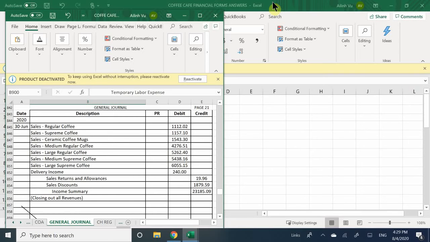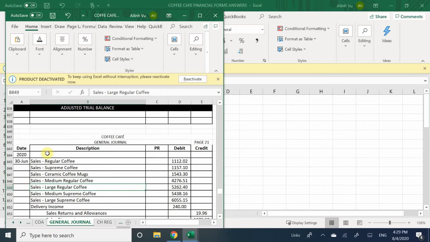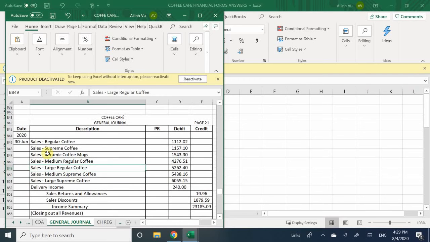So here, I already went ahead and got started with the first one. Understanding how to zero out, we're going to go back to our general journal. Understanding how to close out or zero out an account is pretty straightforward. If we remember what we learned in chapter 13, in order to close out all of the accounts, you're going to take the total amount of the balance, and you're going to journalize it in the opposite direction